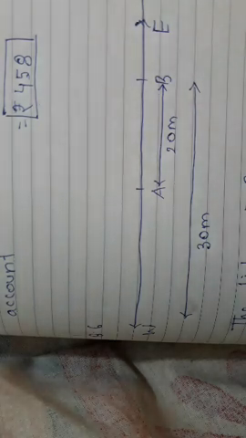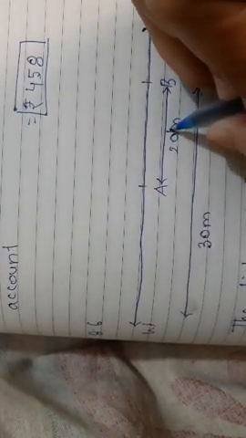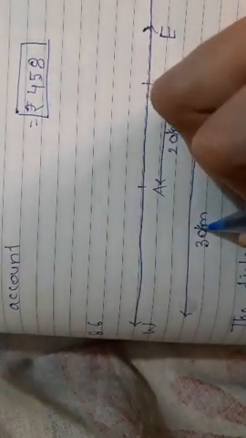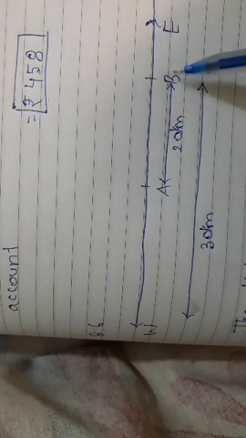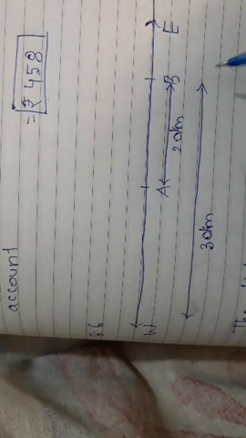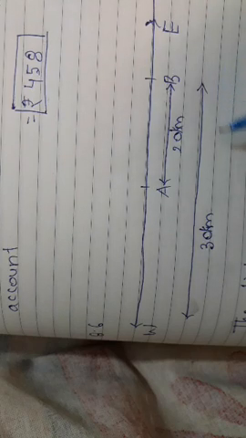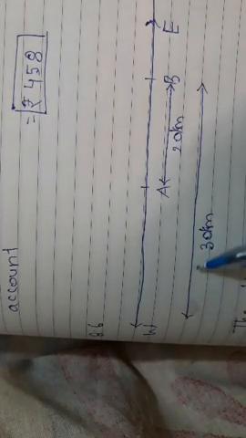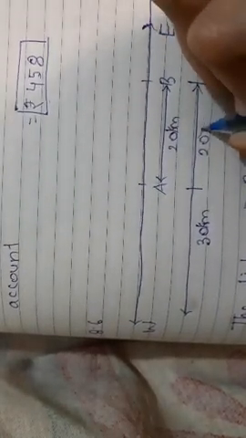Firstly, for ease, it is kilometer over here as well. So from point A towards B, the distance traveled is 20 kilometer. After that, from point B on the same path, the girl, that is Rita, traveled towards the west, that is 30. Over here, she had already covered 20 kilometer from this position to this position. So we have to find out the remaining distance.